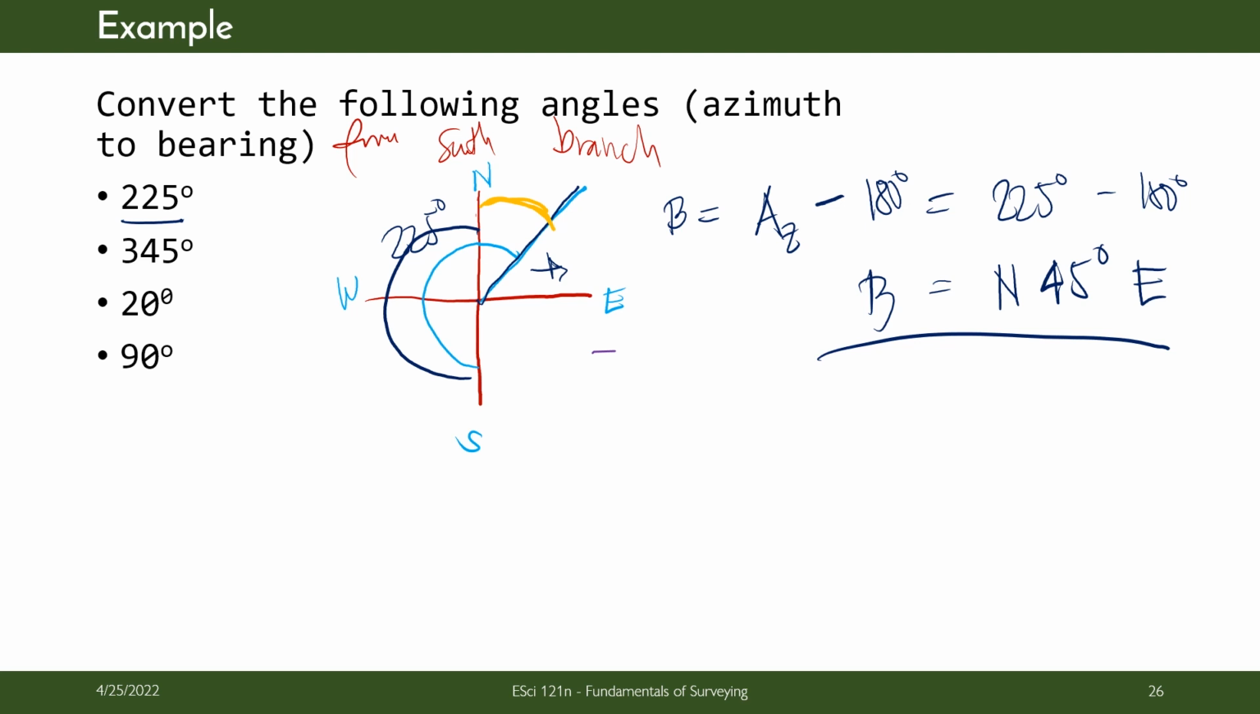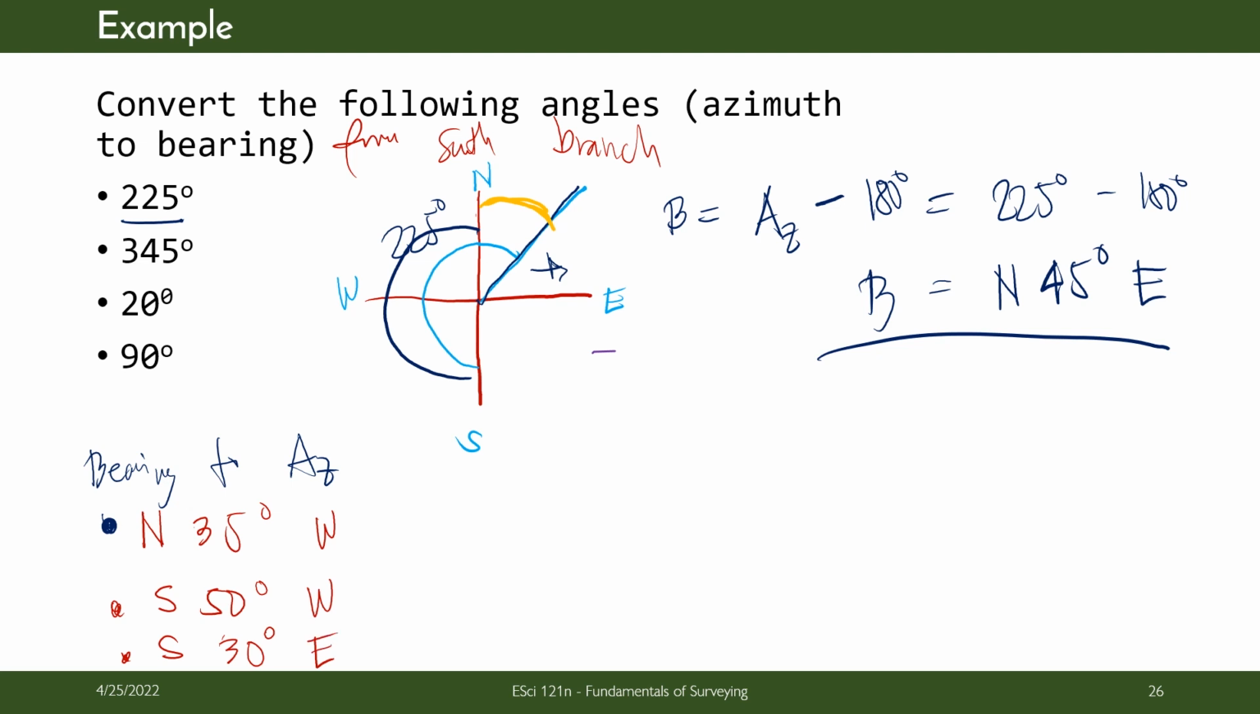so here I'll add some bearing to azimuth conversions for you to practice. Say north 35 degrees west. Then the other one is south 50 degrees west. And the last one is south 30 degrees east. Okay, so I'll give you one example. How do we convert this bearing to azimuth? Okay, given